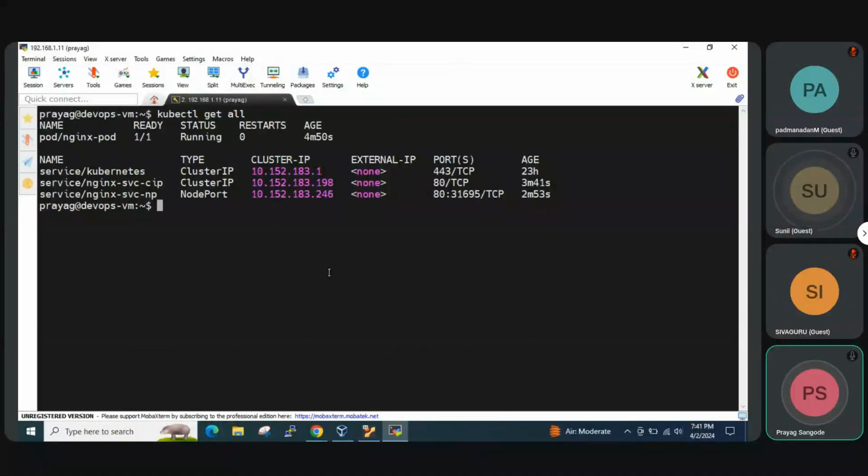If you remember docker run -p, we used to map the container port with the host port. We are just wrapping up the cluster IP with the node port so that it can be accessible outside